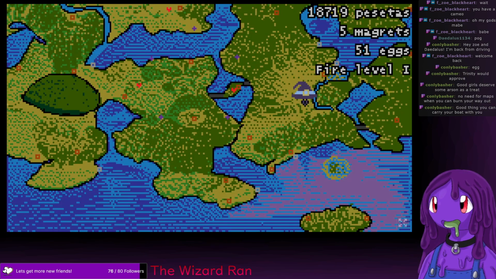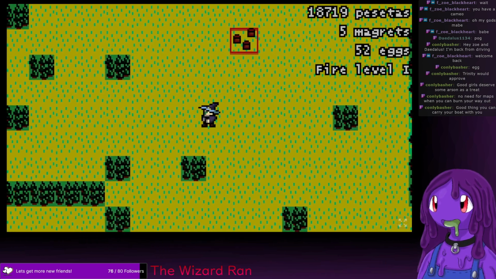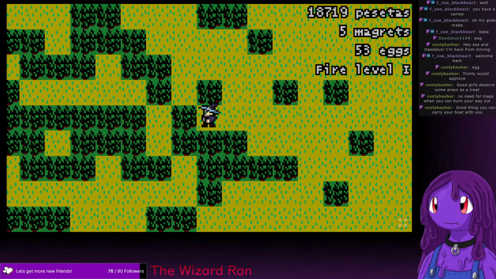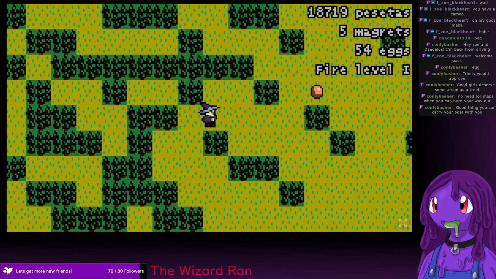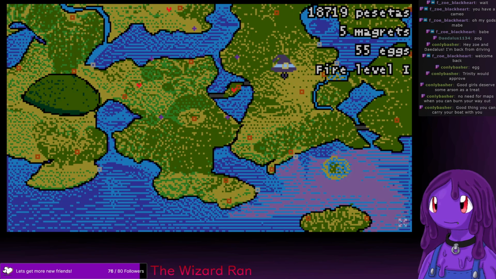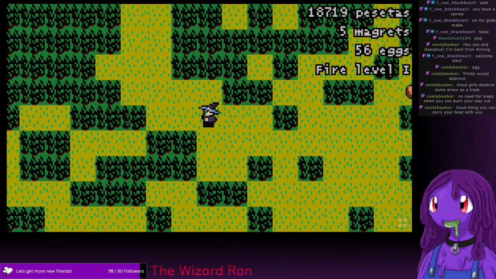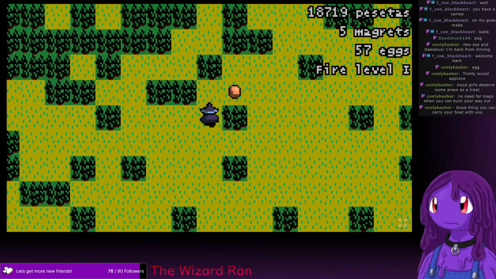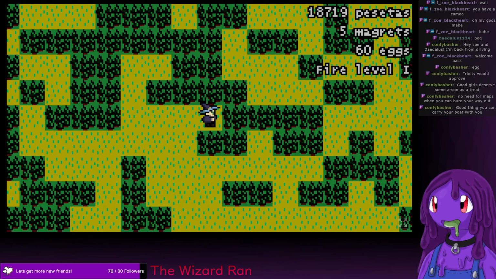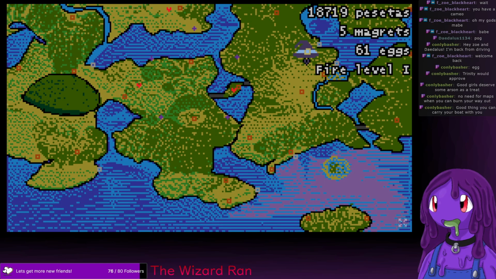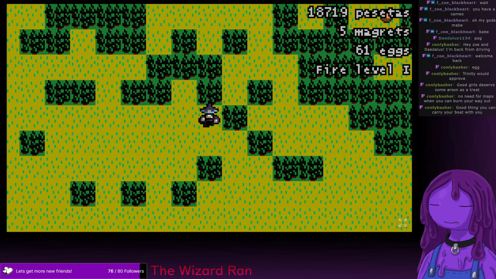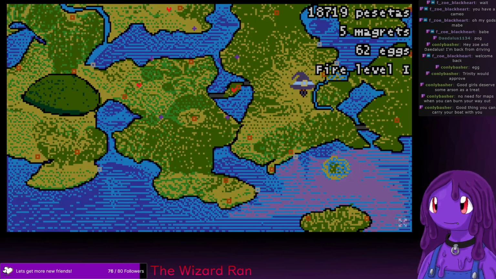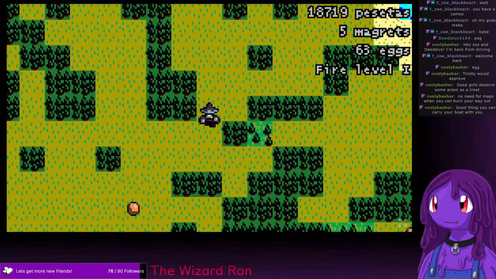Okay, I know where to go next. I need fire level 2, so... Good thing I can carry my boat with me. I can't. I do need to leave the boat at the shore. I'm just buying new boats for each of the new water areas I go to. Okay, I need to head downward and then to the left.